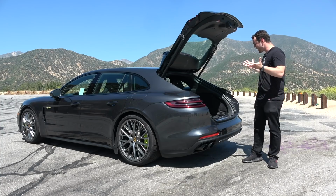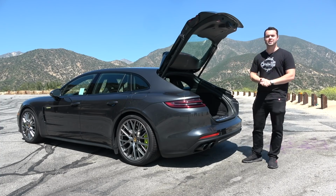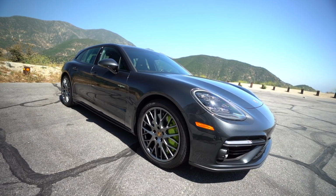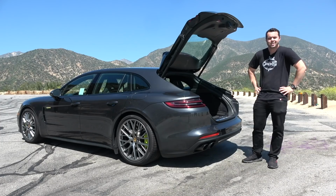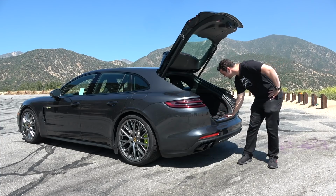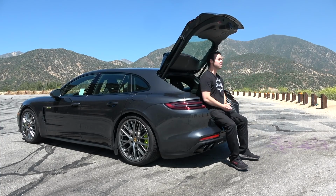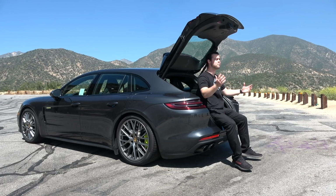You can really do anything with the Sport Turismo, and that's what makes it so awesome. It's not just a luxurious sedan that's fun to drive. You can actually utilize it, and the rear deck lid is such that you can actually sit on it in the middle of nature, enjoy the view, have a picnic, and then hop back into the car and drive it